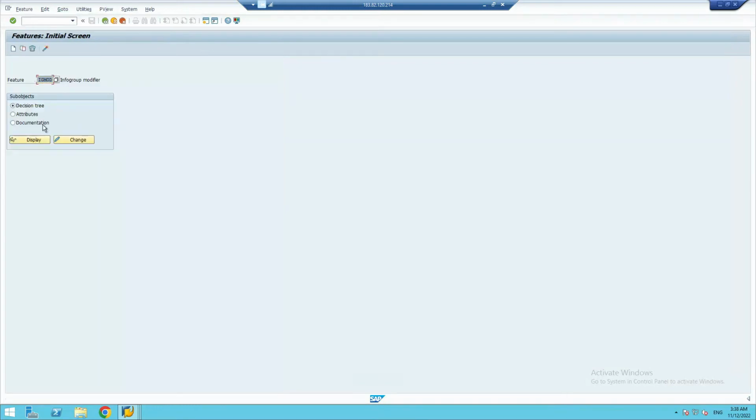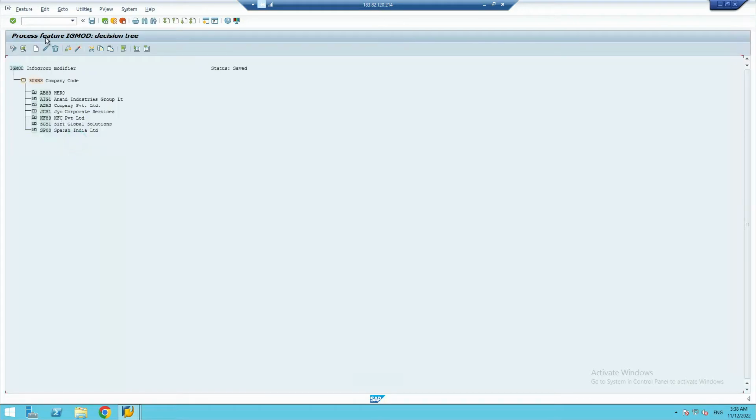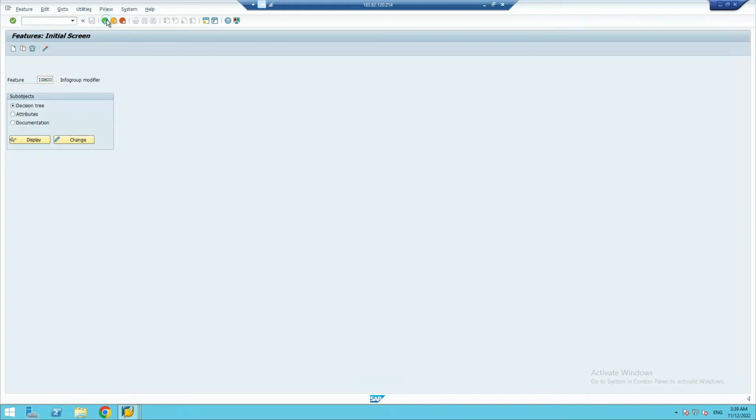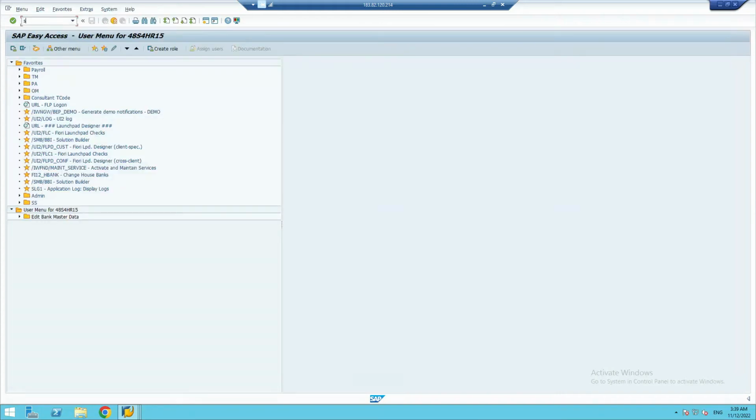You can directly come to this IG mode option. You can click on change. IG mode, info group modifier, is already here. So directly we can come through this transaction code, or else you can go through the long process, putting here SPRO,